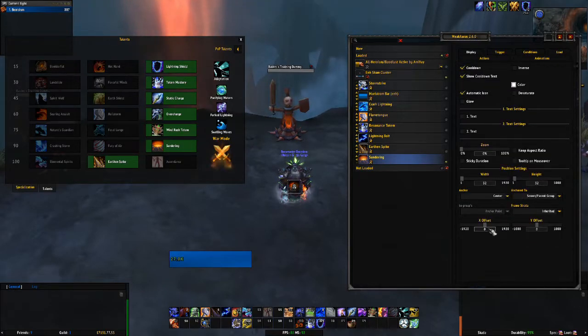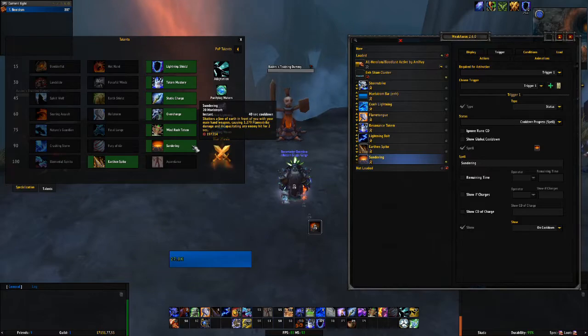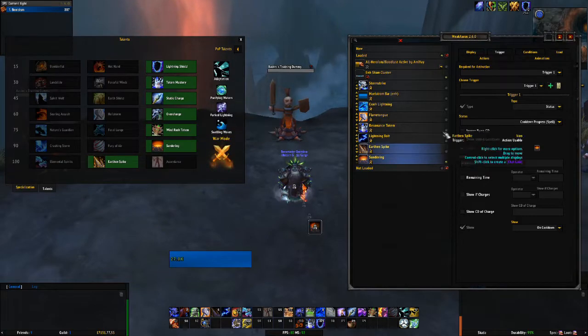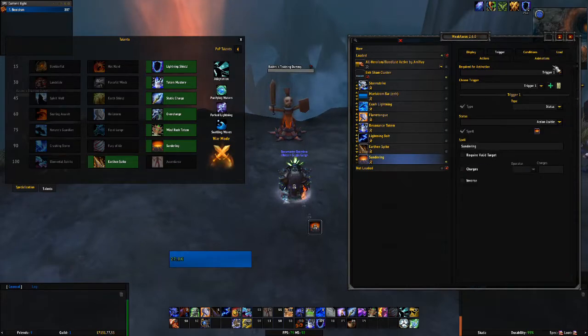Size is correct, and let's put in our values. Our trigger, this is another simple spell, 40-second cooldown, 20 Maelstrom. So we'll just make it another action usable. And that's it. So now we can test the functionality of our Flame Tongue,